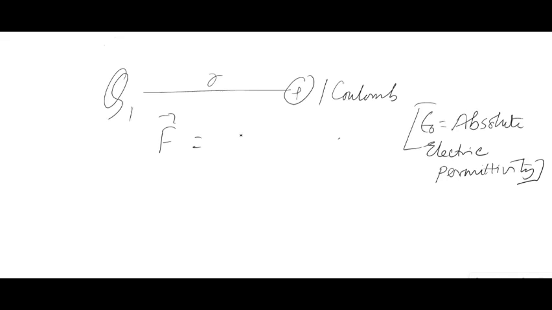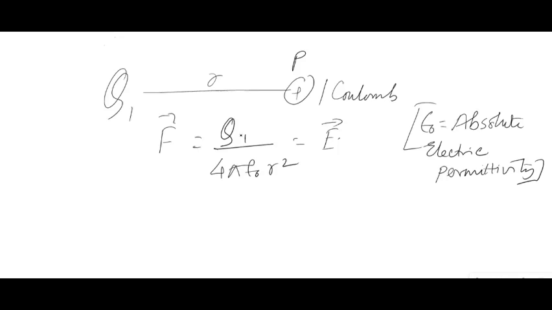According to Coulomb's law, q1 q2 with q2 being 1 gives q1 divided by 4 pi epsilon 0 r square. So this is the value of electric field intensity E at this particular point P. This is the definition of electric field intensity, the force experienced by a unit positive charge